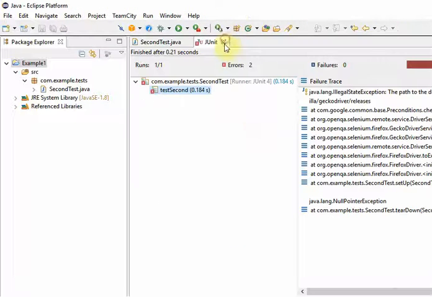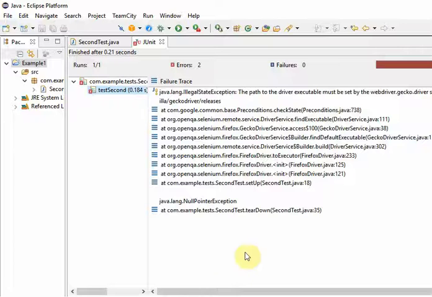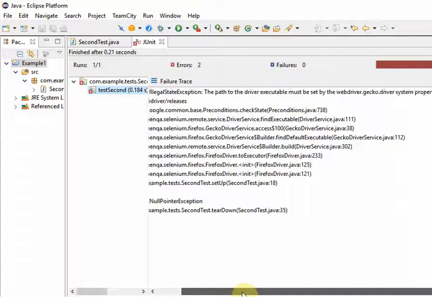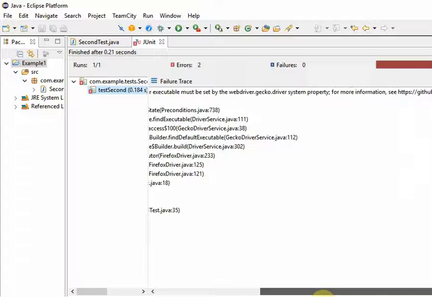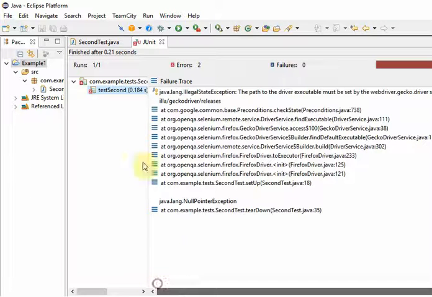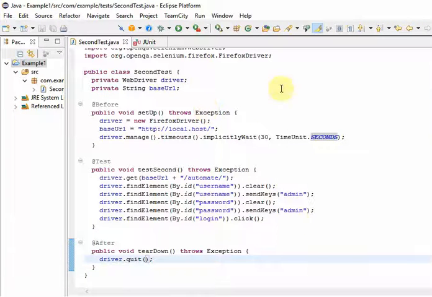Let me show you here. So what test case was executed? Second test, and the second test failed. And here is the error. The path to the driver executable must be set by the webdriver.gecko.driver system property. So in order to fix this, we need